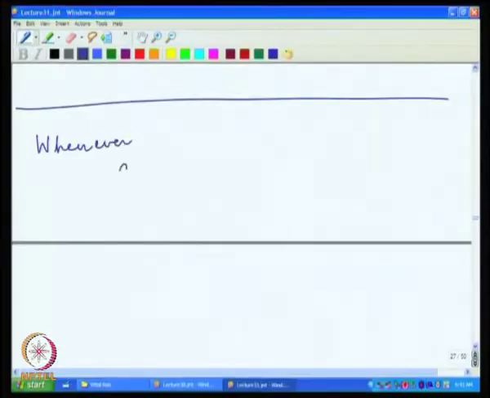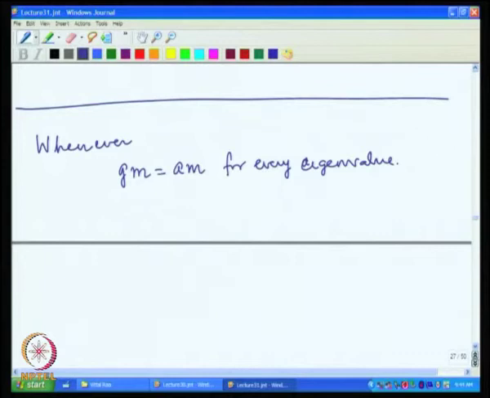But the moment we have a shortage of eigenvectors, that is, if the geometric multiplicity becomes smaller than the algebraic multiplicity, we have problems. So, this is the main moral of our discussion. Whenever Gm equals Am for every eigenvalue, no problem